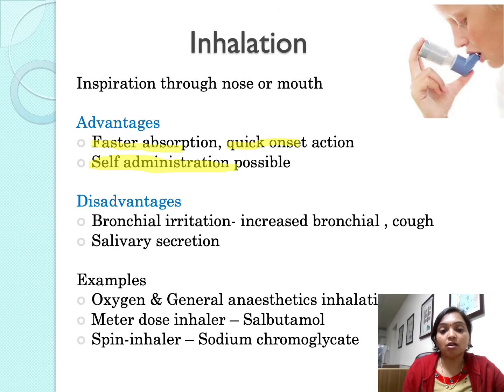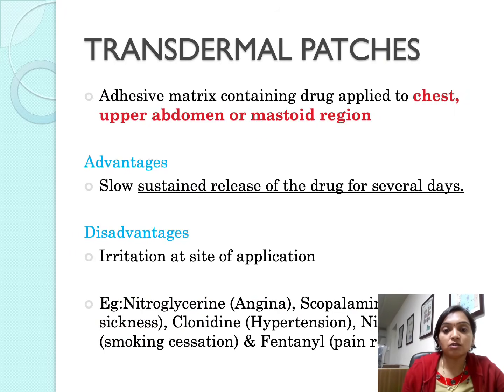Examples are oxygen and general anesthesia inhalation. This is through the mouth. A metered dose inhaler can be used, that is salbutamol, used in case of asthma. Spin inhalers with sodium chromoglycate in case of children. So all these are a few examples of the inhalational route of administration. So moving on to the